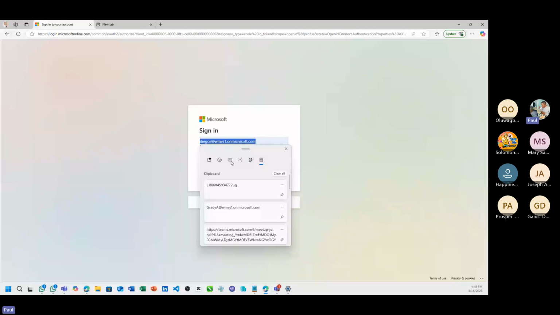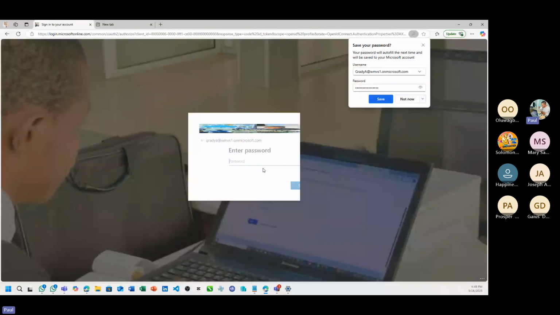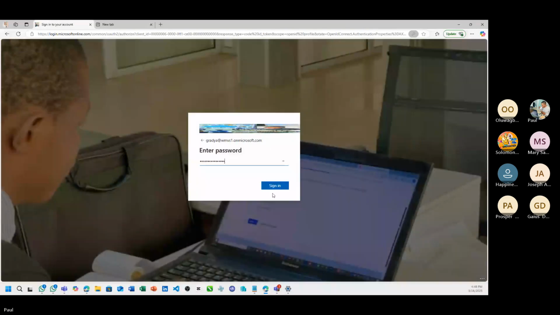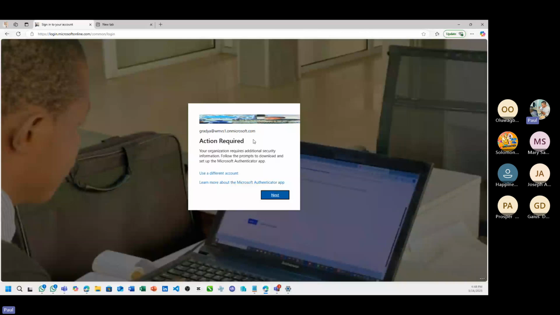Bring up the username and next, and then I will insert the password. Now, because my organization requires that every user signing in must download an authenticator app, MFA is set for everybody upon first sign in, right? So I'll just do